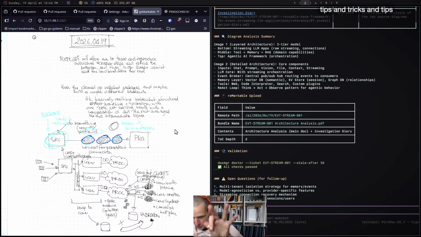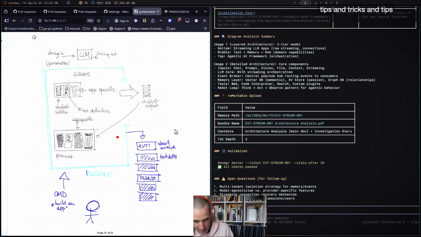I want both tabs to stream the same stuff, because it actually makes things easier. However, the backend shouldn't be worrying about this, right? Your agent system should really just be worried about calling the LLM and then saying, hey, I've got a text delta from the LLM. It's the analyst. I'm going to transform it to this event and I'm going to send it out. That's all I want the backend to worry about.